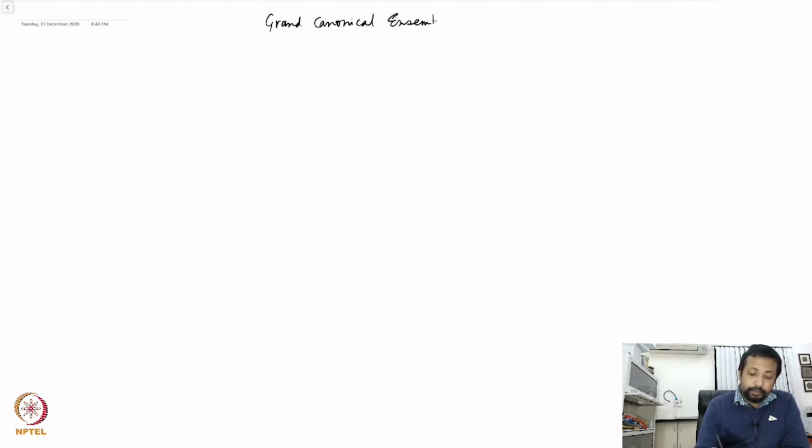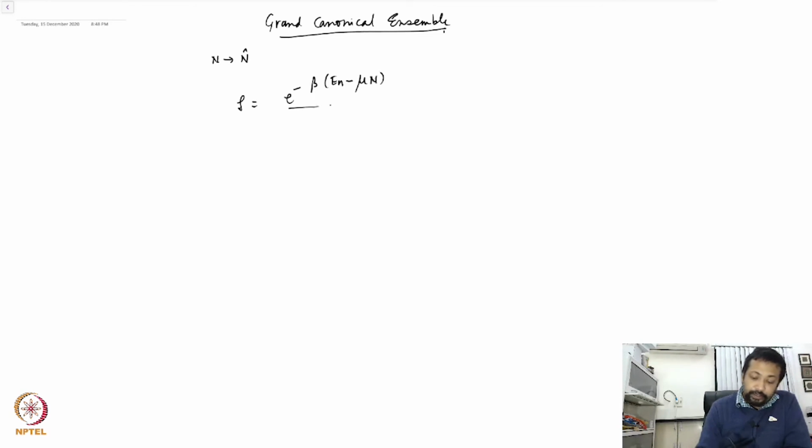Here, of course, the particle number is not fixed and n is replaced by the operator n cap. So for a fixed system, we have this operator n cap, and the corresponding density is given by e to the power minus beta (E_n minus mu n) divided by capital Q, where, since trace of rho is equal to 1,